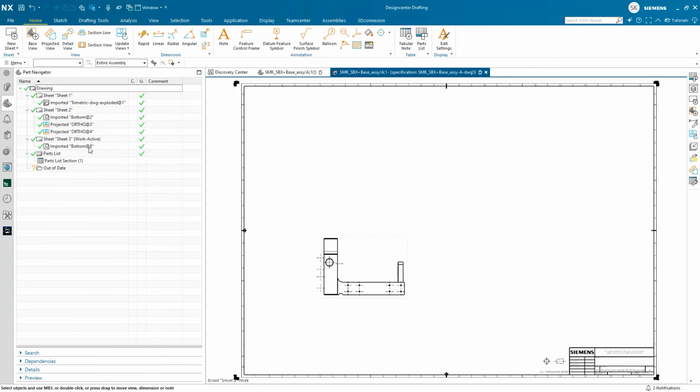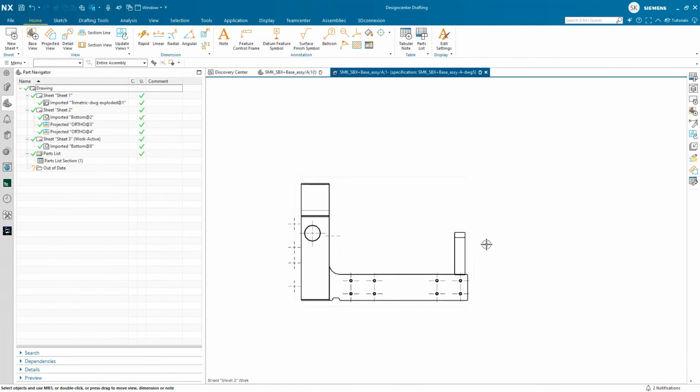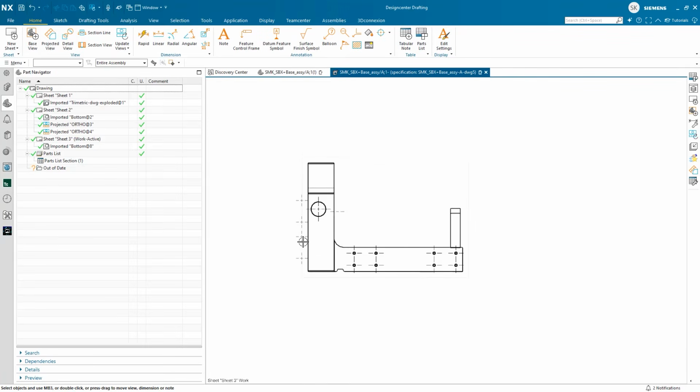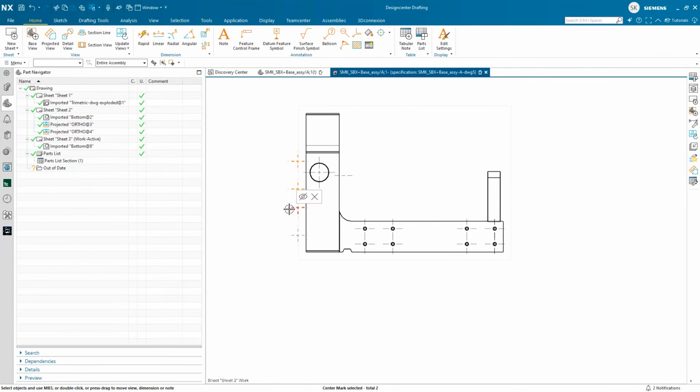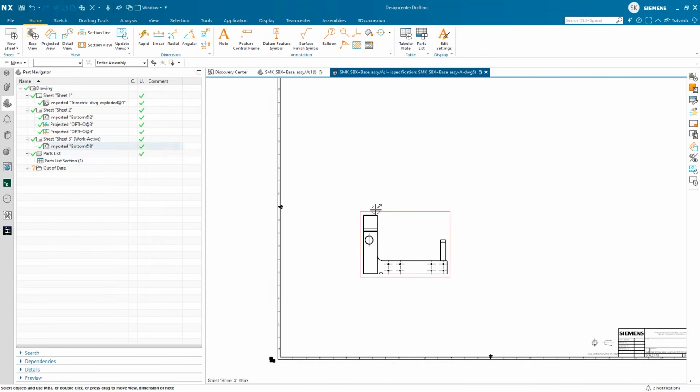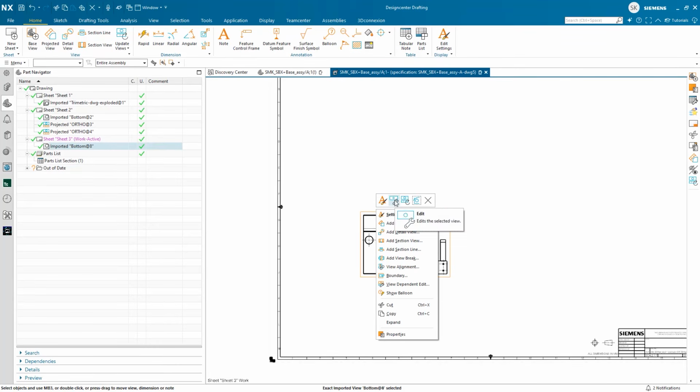So now we can do update view. All the geometry will be gone. However, we want to do minor cleanup of some of those center marks that were there already. I just want to go ahead and remove that. Once that is done, I'll be able to use this particular view with only the specified layer that is visible.